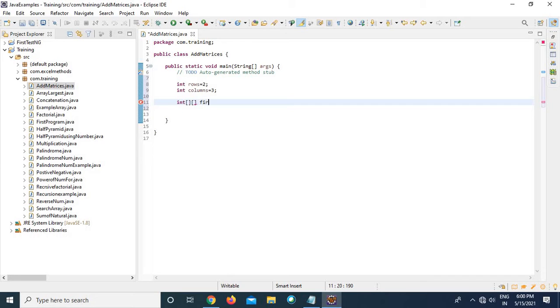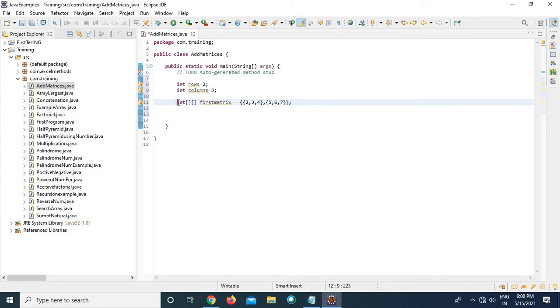So first I am writing my first matrix. So what is my first matrix? It should have these many values. How do you define that? Just have a look. I'm writing 2, 3, 4. This is my first row. And 5, 6, 7. This is my second row. See here, 2 rows and 3 columns. This is how it will hold the values. So this is my 2 by 3 matrix.